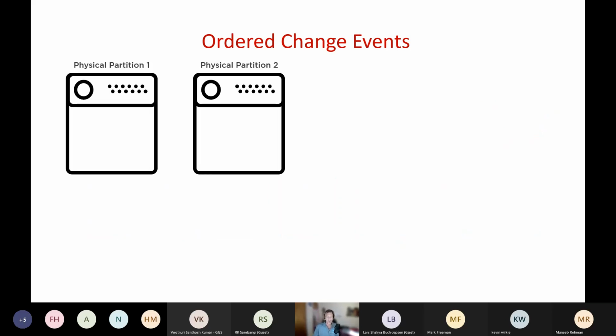So with that in mind, let's drill down into what's behind the scenes of a container in Cosmos DB. Just like a container is one logical resource for us to interact with, behind which there are actually multiple physical partitions, there is one logical change feed that you get on the container, but in fact, there are multiple physical change feeds, one per partition. So if I have two physical partitions behind my container, there are actually two change feeds, one on each of these physical partitions. Now you'll see soon, we don't have to concern ourselves with this. Everything will get aggregated for us, but it's important to understand how ordered change events occur